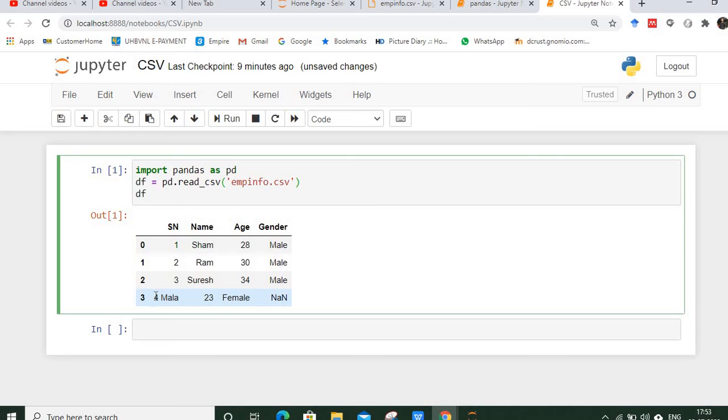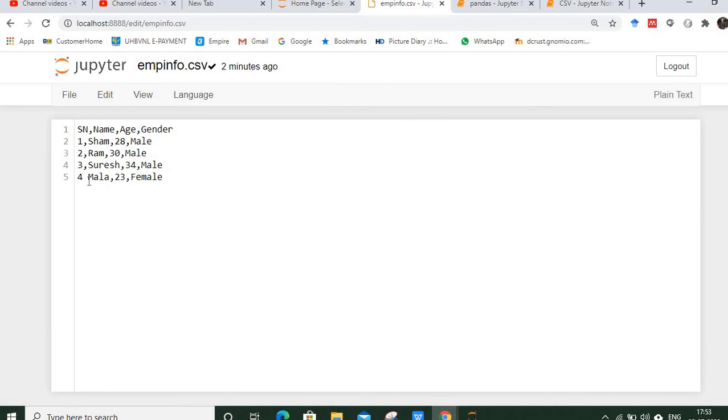Yes, there is some mismatch in this 4 mala 24.3. There is a mismatch in some comma, so that's why we are getting this problem. Okay, then we can go to that file again and edit that file. Oh yes, there's a comma missing, that's why we are getting those values.